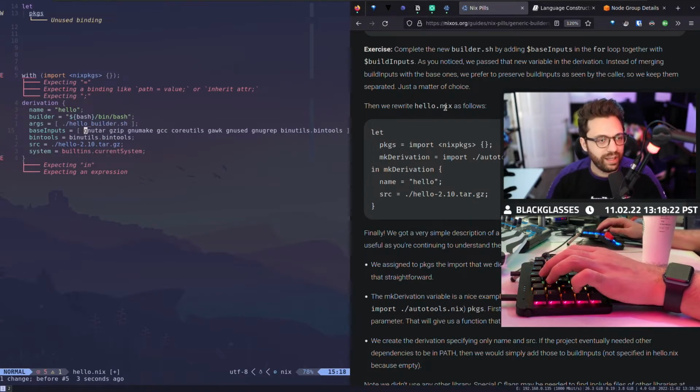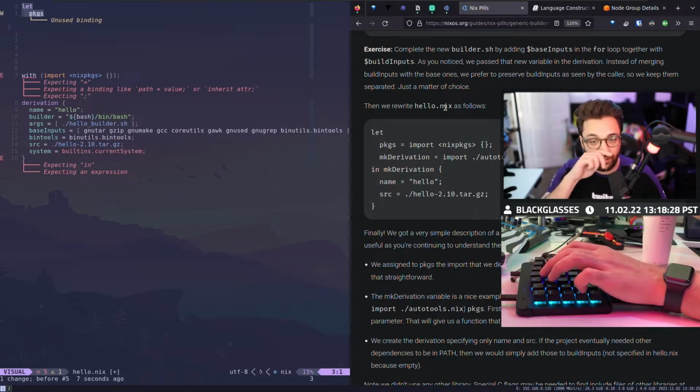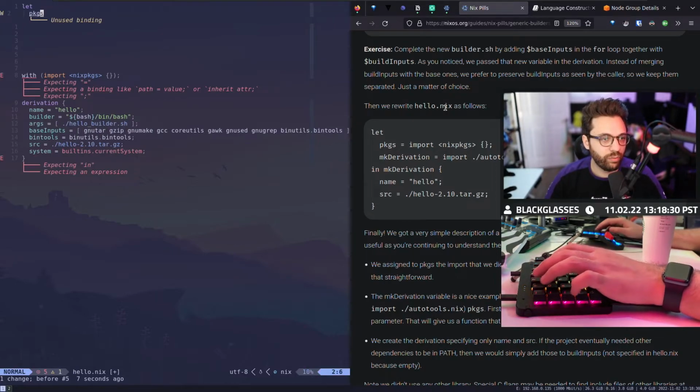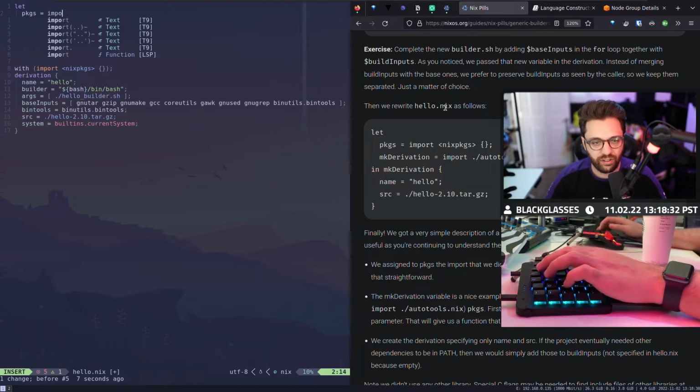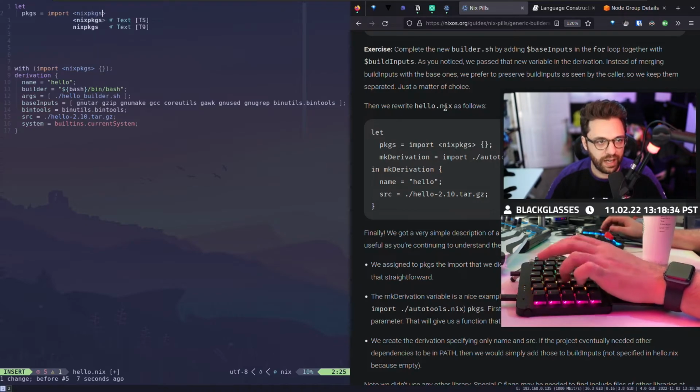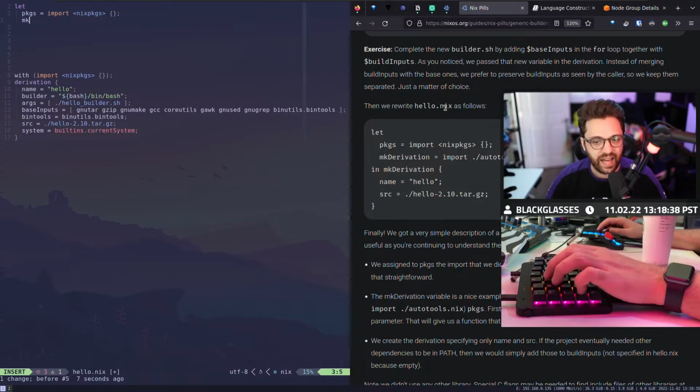Well, in this scenario, where we actually pass packages as a parameter, we need it as a variable. And so we're going to actually declare packages, and we're going to say import Nix packages like this, because we need that as a variable that we can use elsewhere.